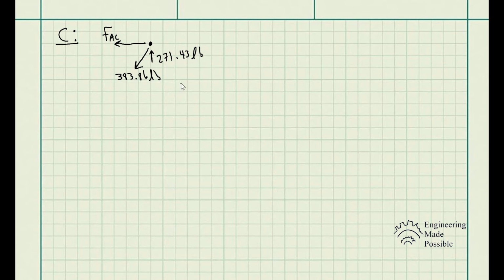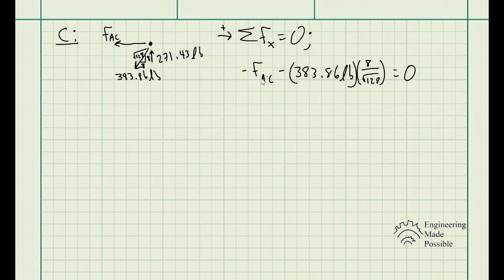In this case, since we have no vertical force for F of AC, we're only going to deal with the horizontal forces. So we're going to do the sum of forces along the x direction. So negative F of AC, take away 383.86 pounds times 8 divided by rad 128, because we're only looking at the x component, and since the x direction, this member force is going to the left, which is opposite of our sign convention, so it's negative. This equals 0, so we get F of AC is equal to, we end up getting negative